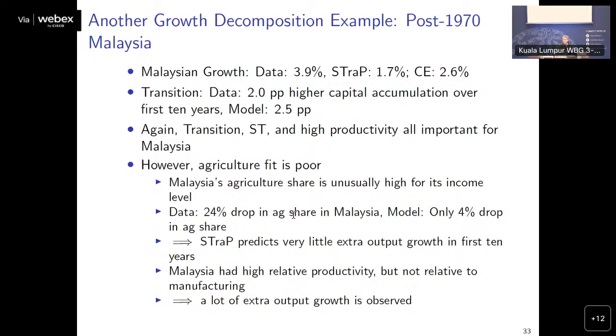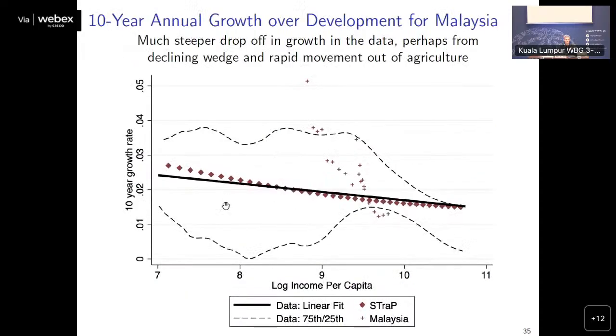There's no wedges in this canonical model, but this wedge, which I'll talk about this afternoon, is called the agricultural productivity puzzle, which is that subsistence agriculture is very low productivity. And in many developing countries, a lot of people are engaged in that. So you move people away from that into industrial jobs where they have a higher marginal product, and you get a lot more output. You can't do that forever. You can only do that while you have people in agriculture. And so that starts out very high and declines quickly. That's my loose interpretation of the data.